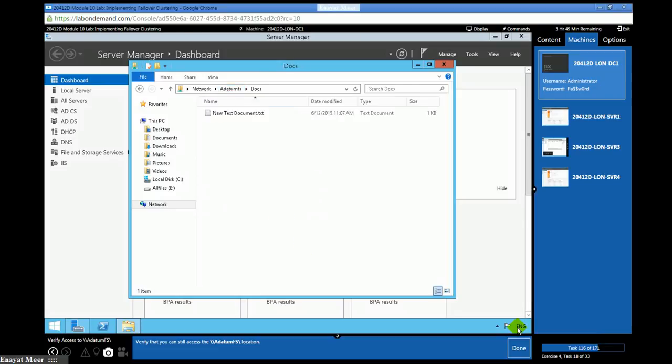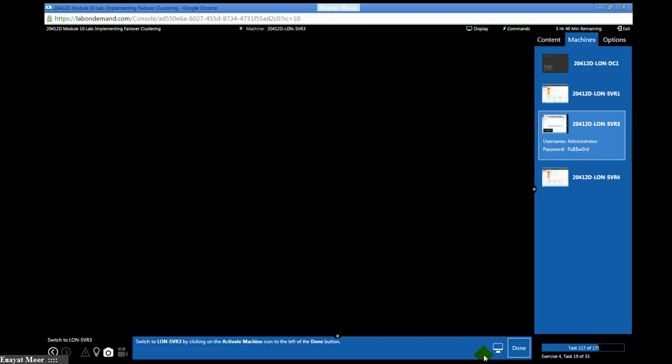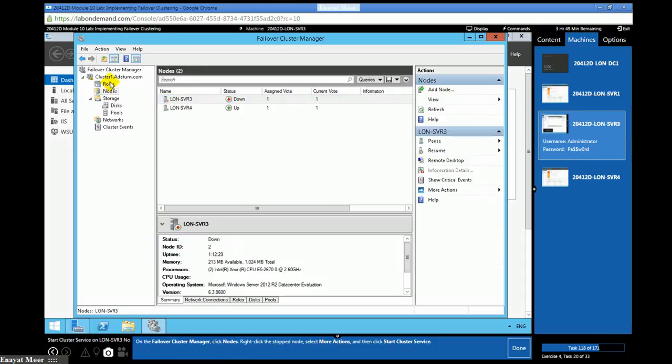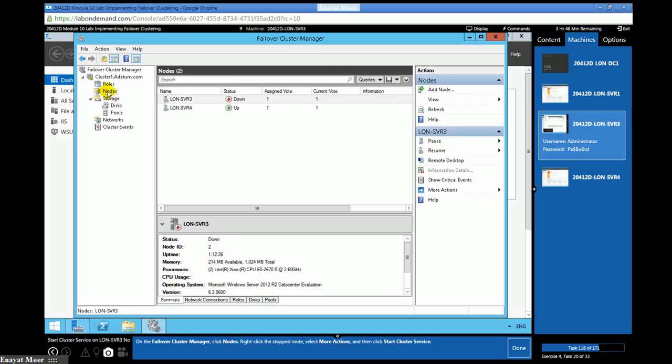So no matter where you go, your file is there, your folder is there, and you are able to access that file and that folder. You are going to start the cluster service back.